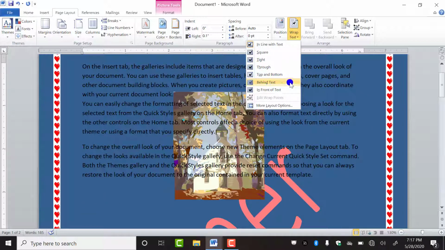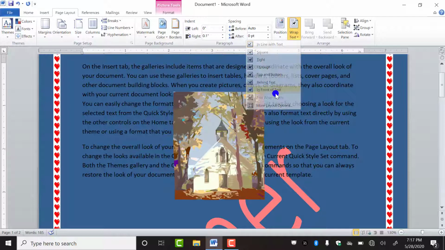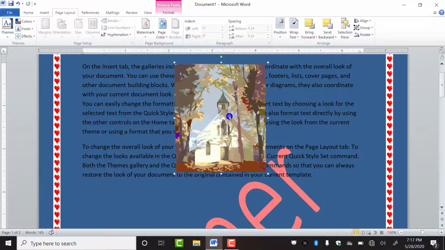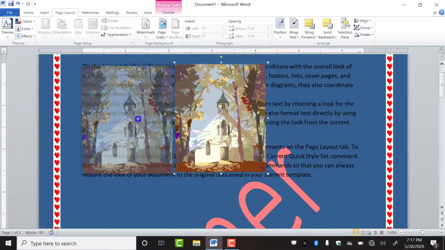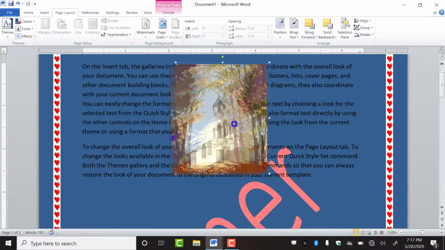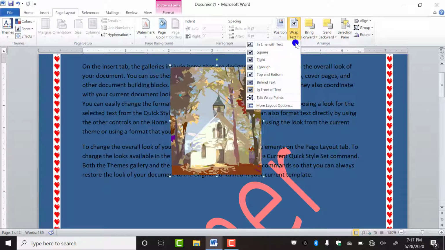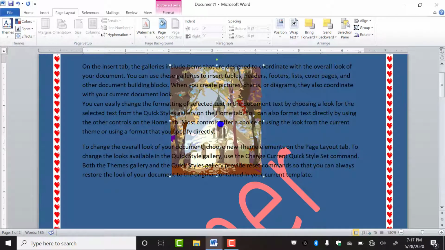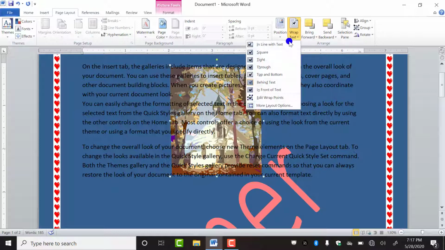Look, these are important whenever you want to insert the picture behind your text. Look, text is coming in front and picture is in the back side like this. You can move it. This is called in front of text, which means your picture is coming in front of text. If you want to send it behind text, you have to click on this. Now look, text is appearing above your picture. Your picture is behind this text. So these settings will help you.